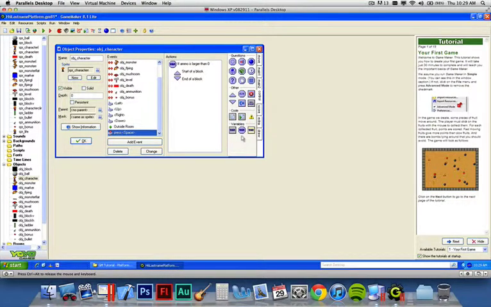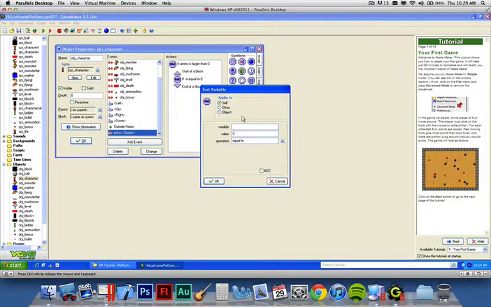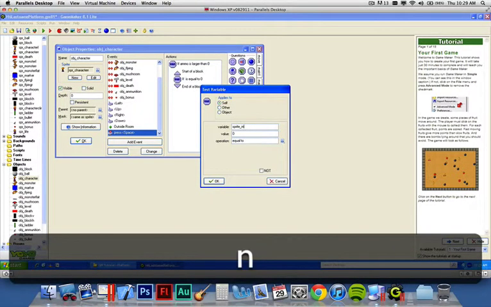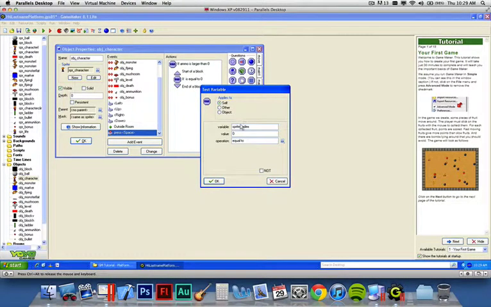What we're going to do then is test another variable. So grab the test variable and drag that out. And the variable we're going to test is called sprite_index. This is a variable that already exists. Every object has this variable, and that tells you what sprite is currently being displayed. So we're going to see if the sprite index is equal to